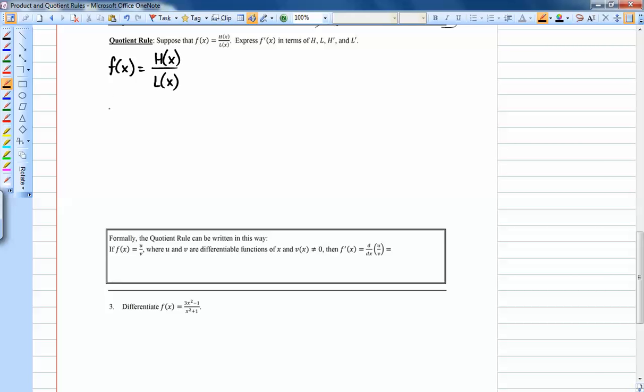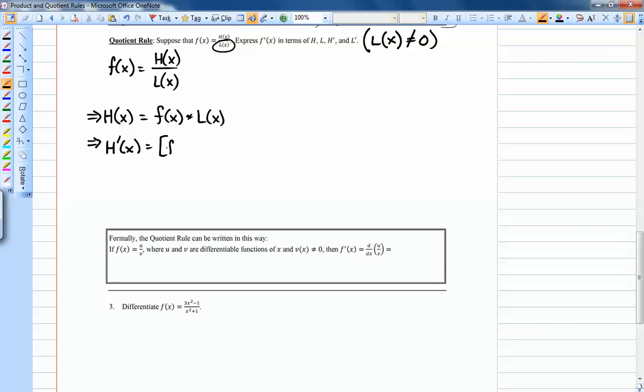Then a little trick I'm going to use: this is the same thing as saying h of x is really f of x times L of x. Over here, this should also have the condition that L of x can never be 0 because it's in our denominator, so we'll carry that all the way through. Now, a nice thing about this is that I can take the derivative of both sides. H prime of x is going to be the derivative of this whole side,